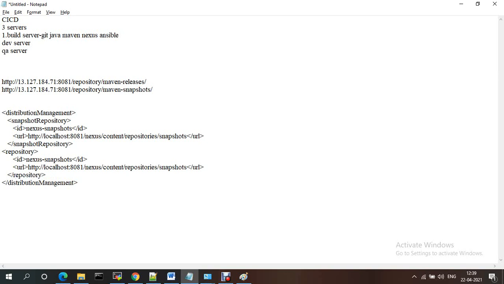So here nexus release I am giving, and the same for nexus snapshot. For the release one I'm giving this HTTP URL, and for the snapshot one I'm updating my snapshot URL.